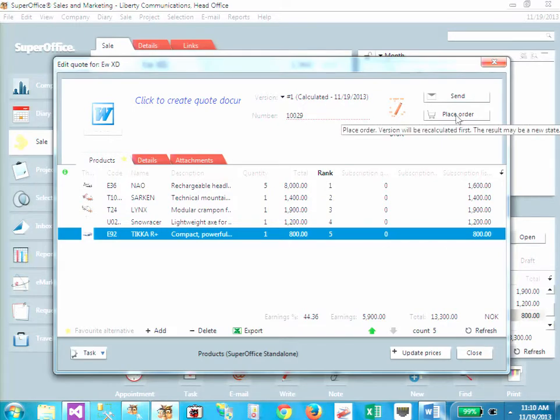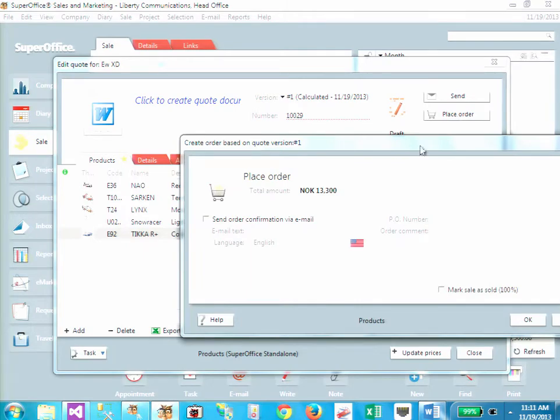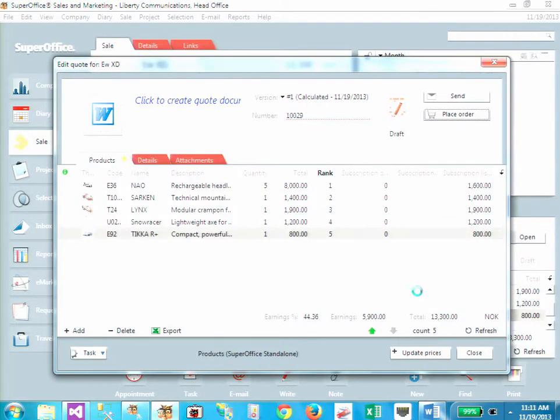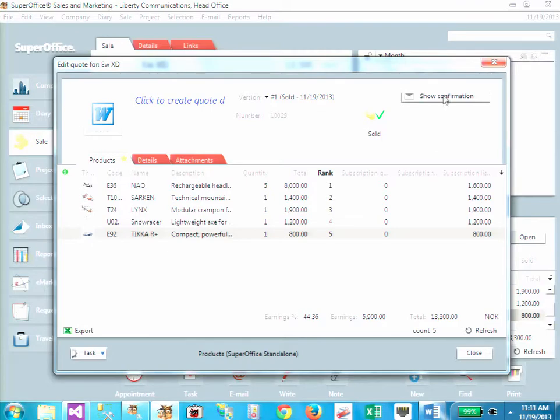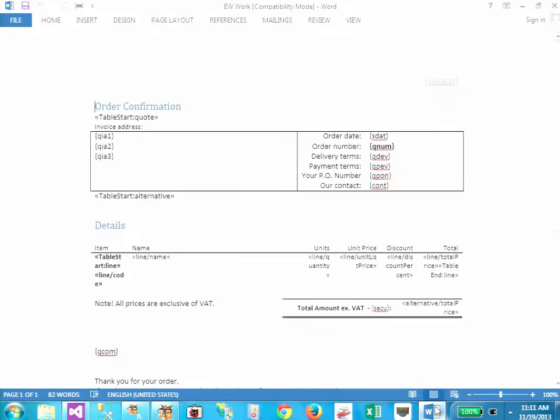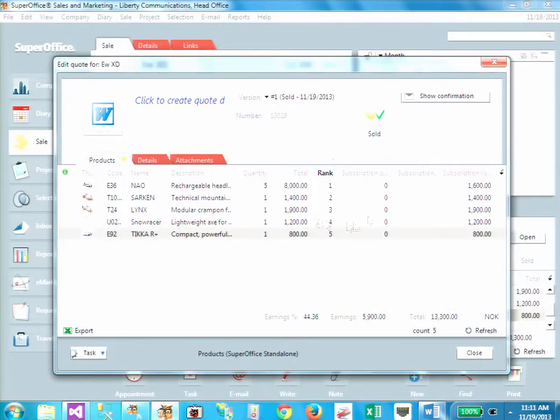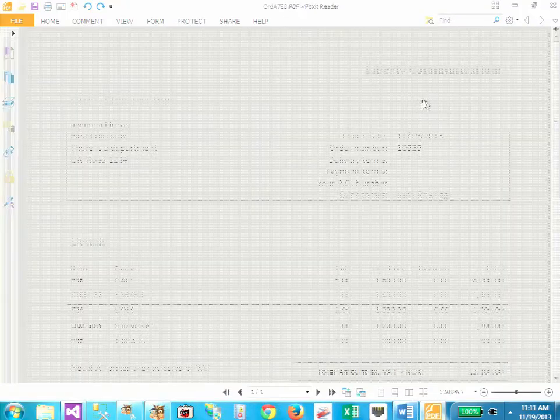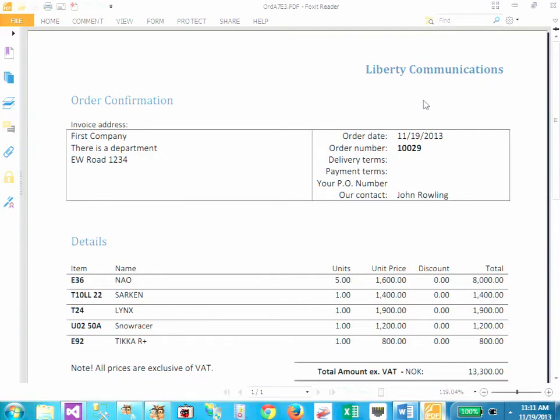Now, usually I would send and do my selling. That's not the point here. I just want to place the order, be done with it. So now I have this magic button. Every time I press show confirmation, it's going to take my template, merge it with the data here, and show the PDF. Ta-da! And so now I have my editing and experimentation environment in place. So all I have to do is,